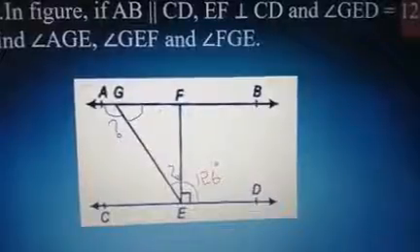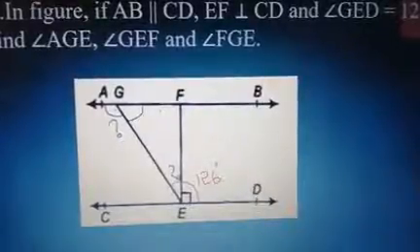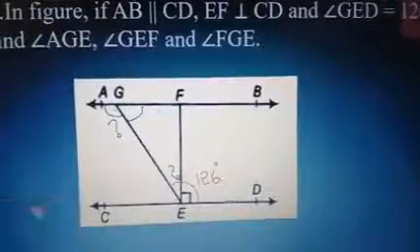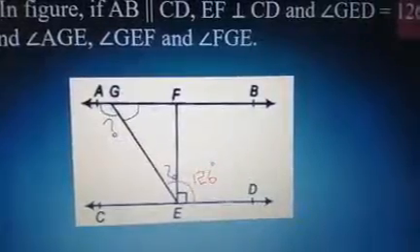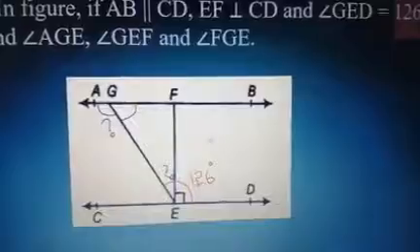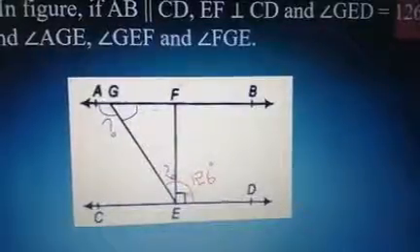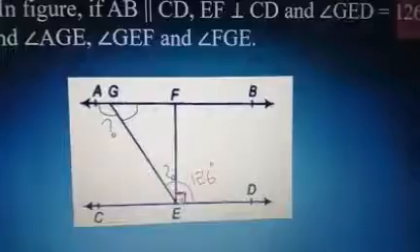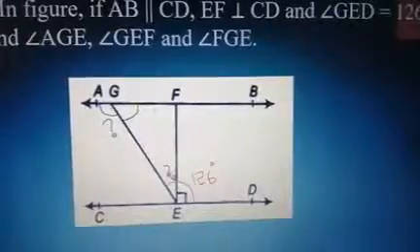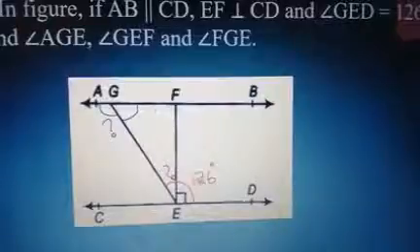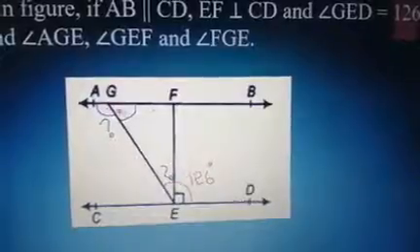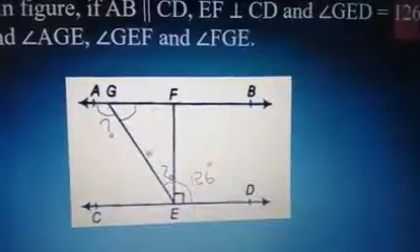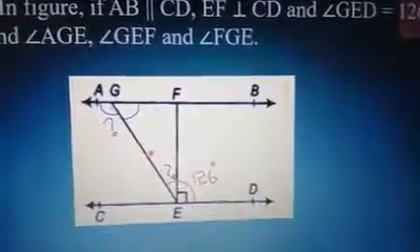So now I'm going to try to explain with the help of the figure itself. First, try to understand how to do it. So first thing is, they have given angle GED is 126 degrees. So this complete angle is 126 degrees, but they are also saying that EF is perpendicular. So this is 90. So if this is 90, what should this angle be equal to? Obviously 126 minus 90. That's the first step. Hope you have understood. See, the complete angle is 126. In that, this part is 90. So this part should be equal to 126 minus 90. That's the first step.